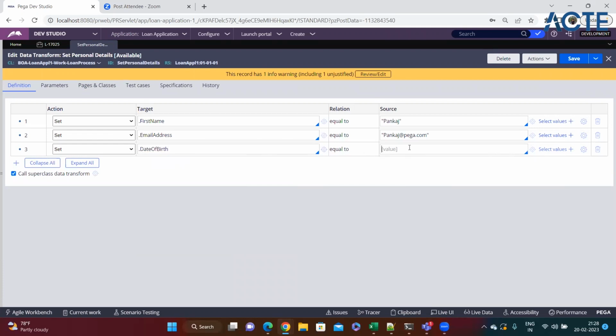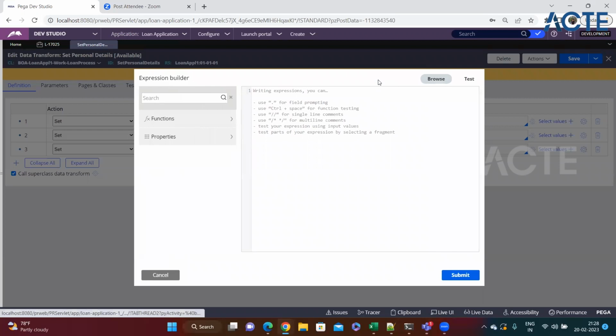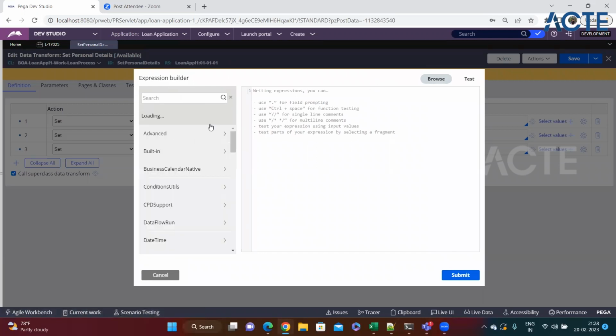Pega has given functions. There are many functions, and one of them is @DateTime. If you want to see what the functions are and how to find them, you just click on this gear icon. Once you click on that, and then click on browse, you can see all the functions,